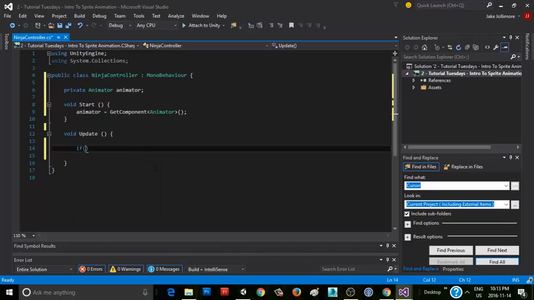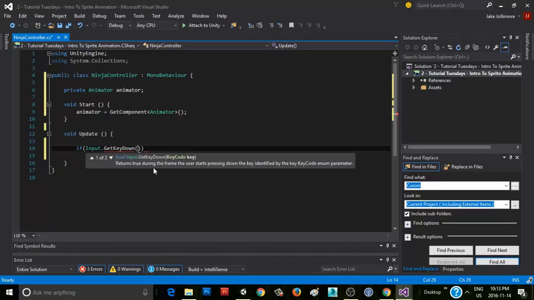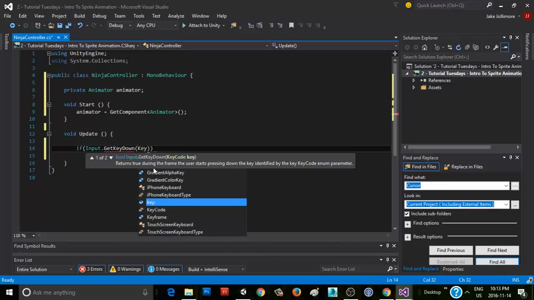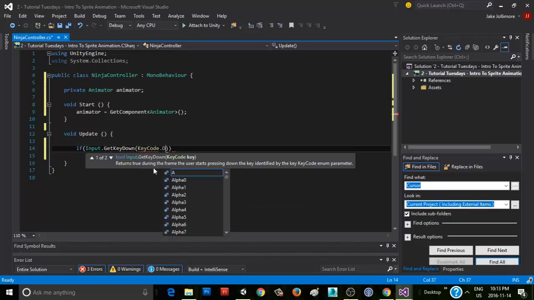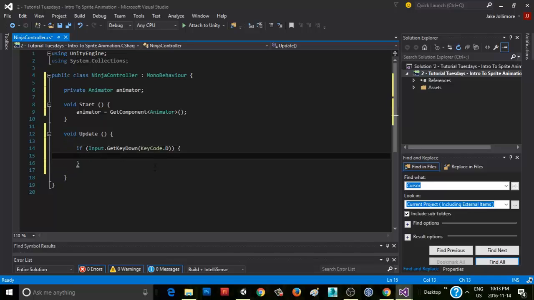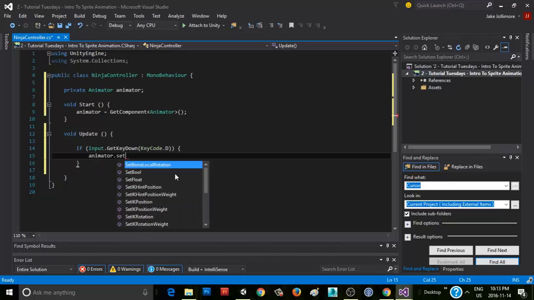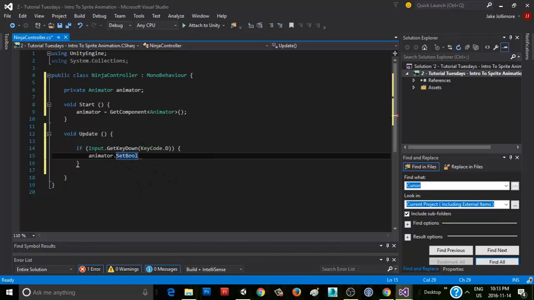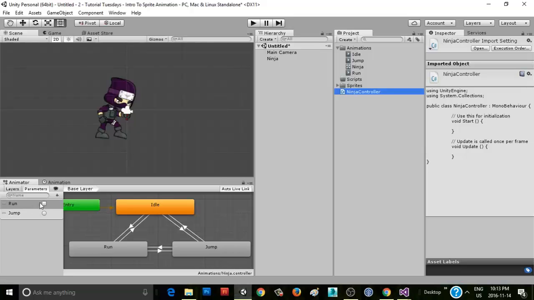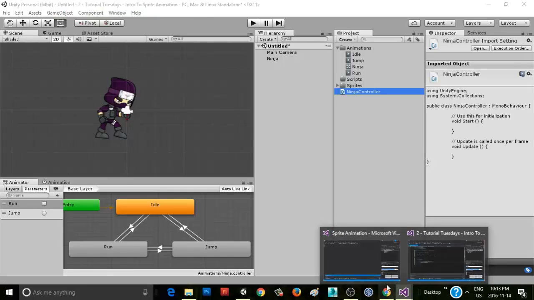We'll say if input dot get key down, and we'll start with, say, run. So keycode dot D. So if the player presses D, then we'll set the run state. So we'll say animator dot set bool. Now remember that when we set up our parameters, we set up the run parameter as a boolean. If we look over here, it's got this checkbox, which means it's a boolean. And that's why we're saying